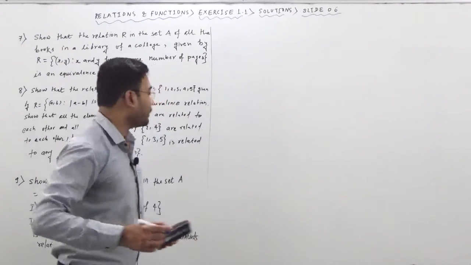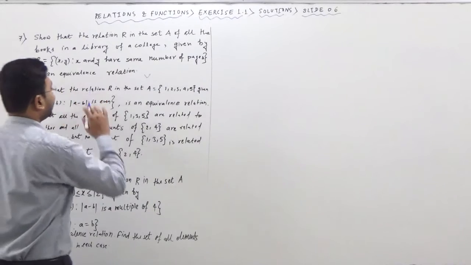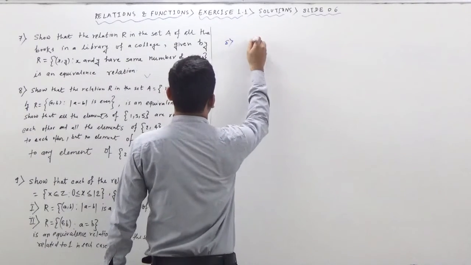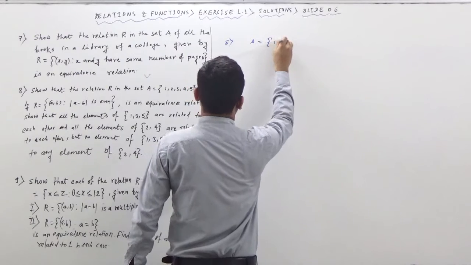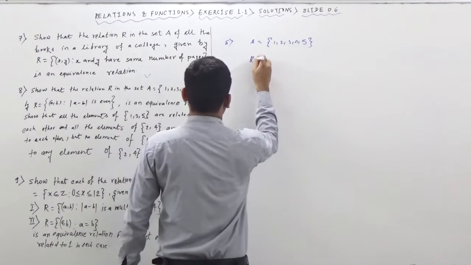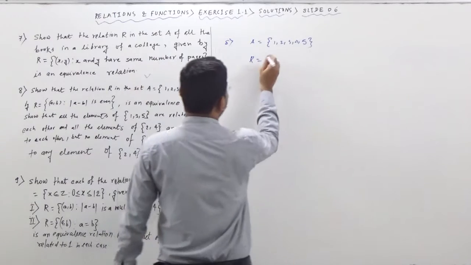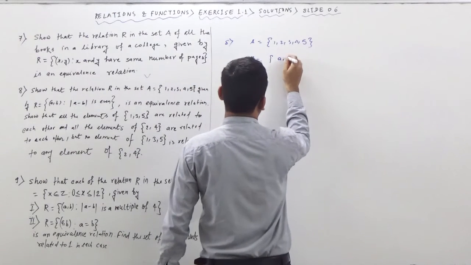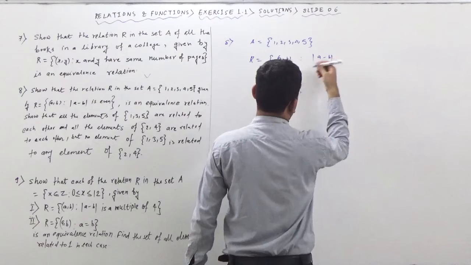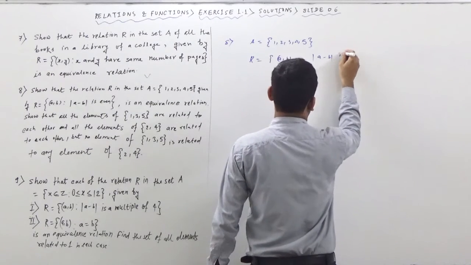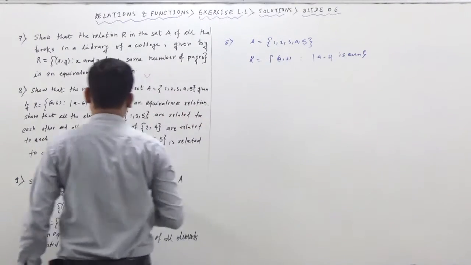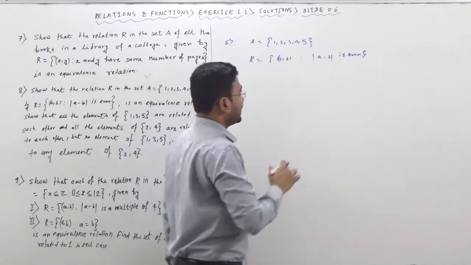And we will end. We are going to take question number 8. It says, show that relation R in the set A, which has the elements 1, 2, 3, 4, 5, and the relation is defined in this way: it will have a pair of elements (A, B), but there is a criterion that the mod of A minus B is always even. So first of all, you have to show this is an equivalence relation.